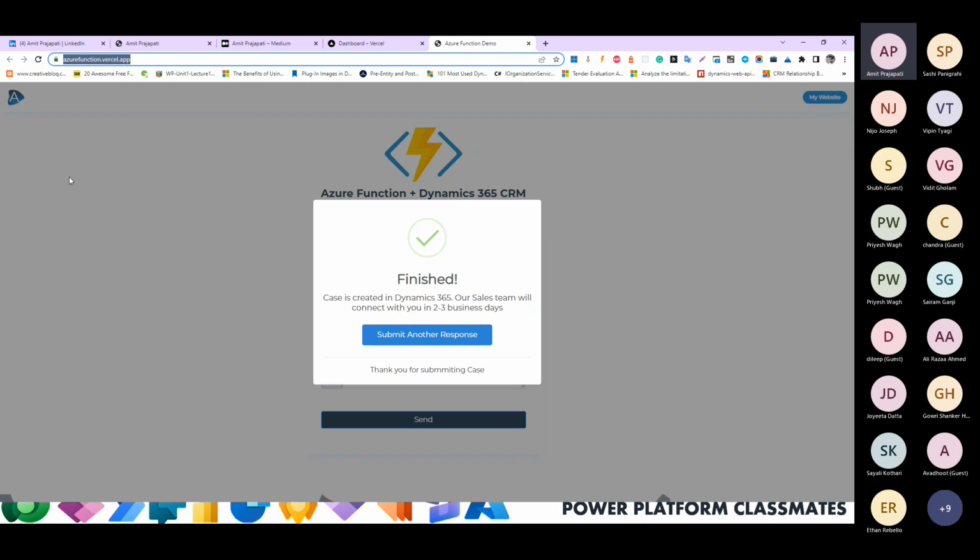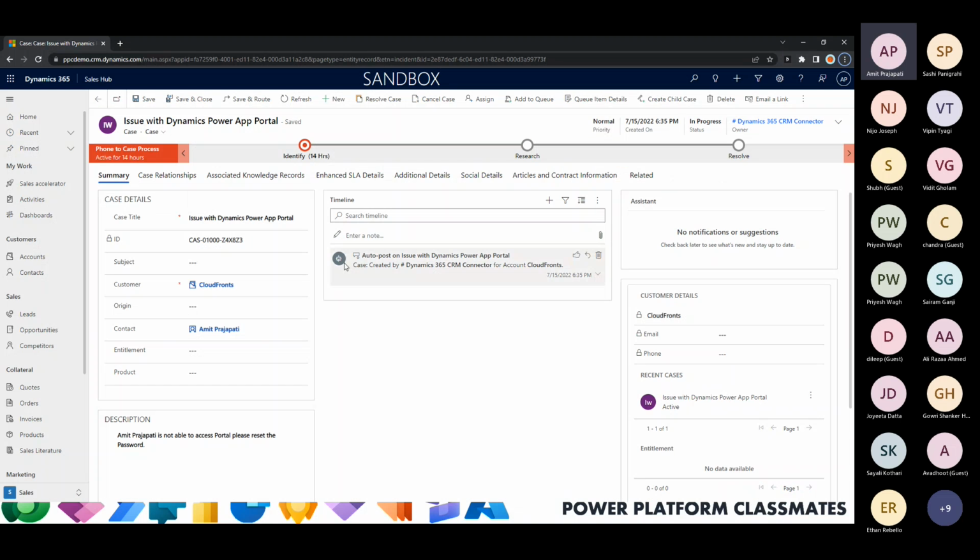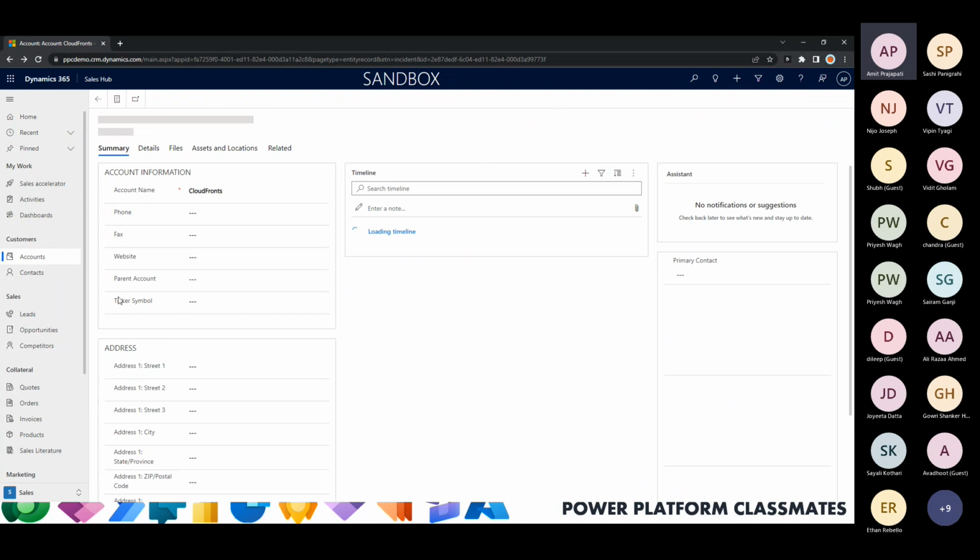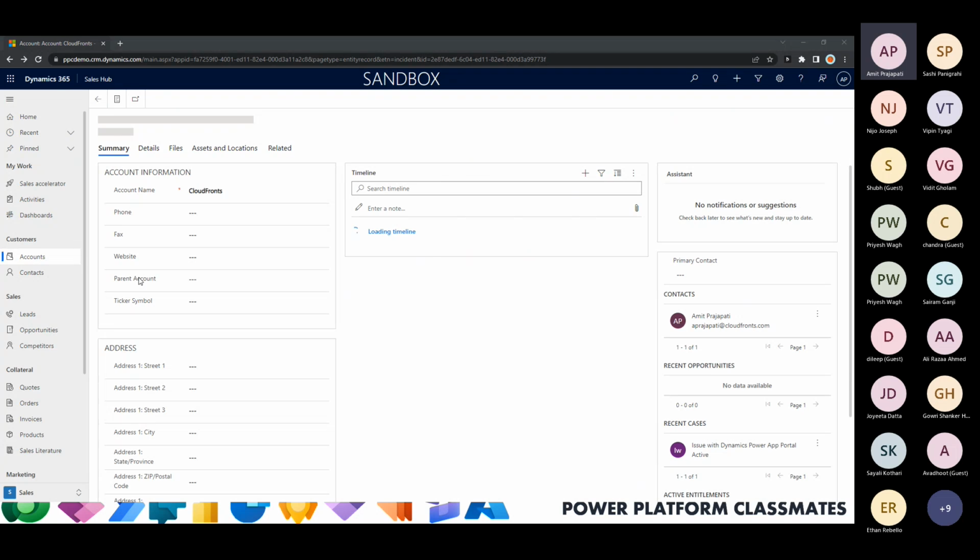Let's consider my website as a hacker and my URL has been exposed. What this website is trying to do is they have input my URL as an endpoint in their contact form. So what will happen? Whenever a user tries to submit a request from their website, data will be pushed to my server and it creates a lot of records in the Dynamics. Let's consider there are 100 requests in 1 second. It will create multiple records in Dynamics. So to secure that, what you can do